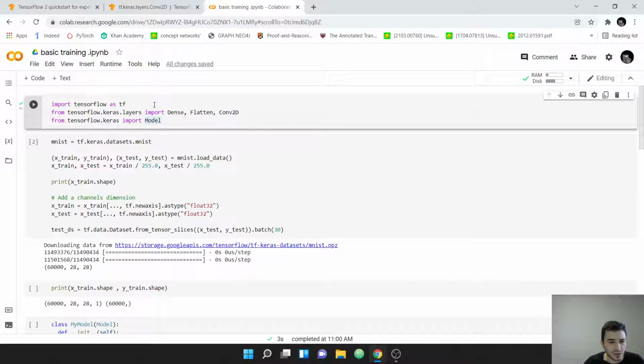So let's go ahead and walk through the code and see what we need to do. First thing we need to do is import TensorFlow as TF, and from Keras. We're going to say from tensorflow.keras.layers, we're going to import three types of layers: the typical dense layer, which is our multi-layer perceptron; a flatten layer, which just takes any